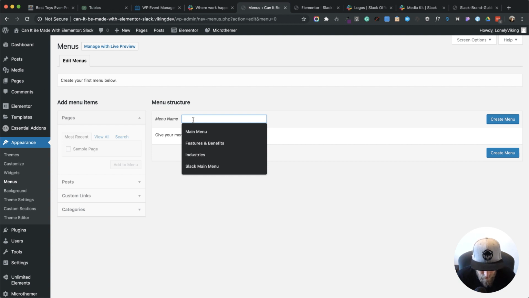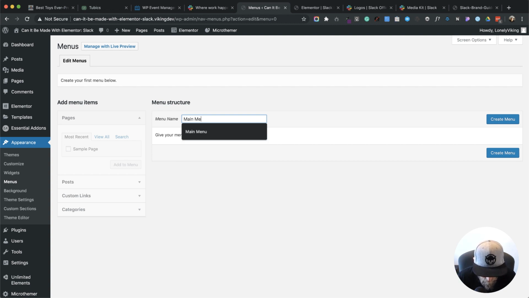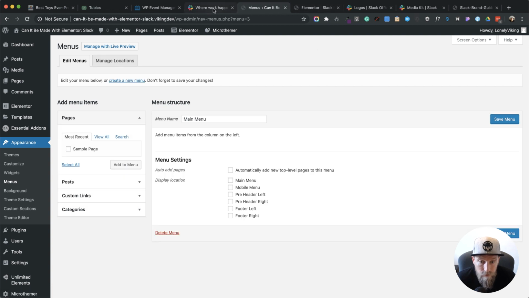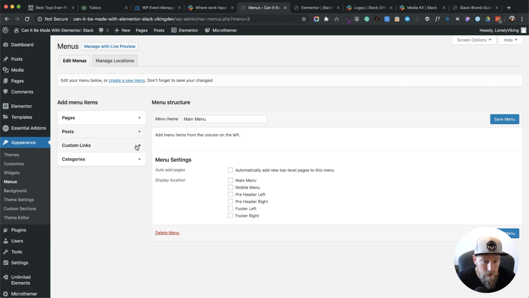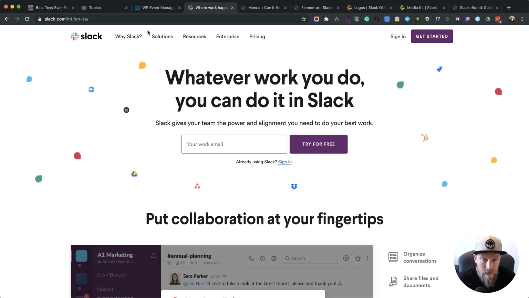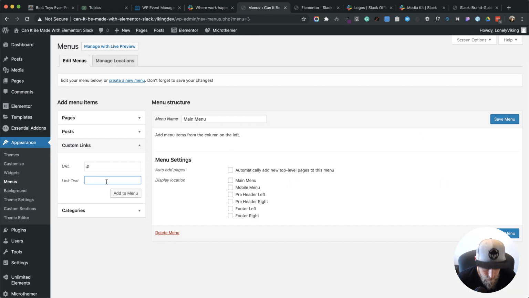Let's give our menu a name. So we'll call this Main Menu. Create it. And now, because we don't have any pages, ordinarily what you'd be able to do is select the pages you want to add to the menu, select the posts that you want to add to the menu. But since we haven't created any for this, I'm just going to create some custom links, and we're going to use these words. So Y Slack, solutions, resources,